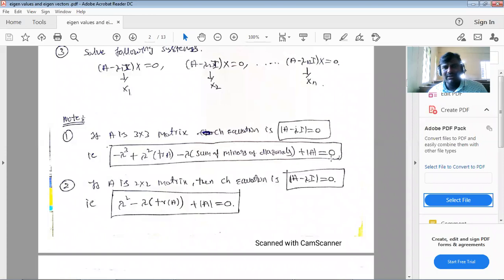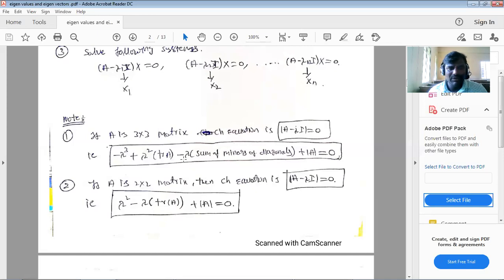When you are calculating the characteristic equation, these formulas help you find it in an easy way. For 4 by 4 there is also a formula, but most of our problems are 3 by 3. If a 4 by 4 is given, you have to go through that problem also.